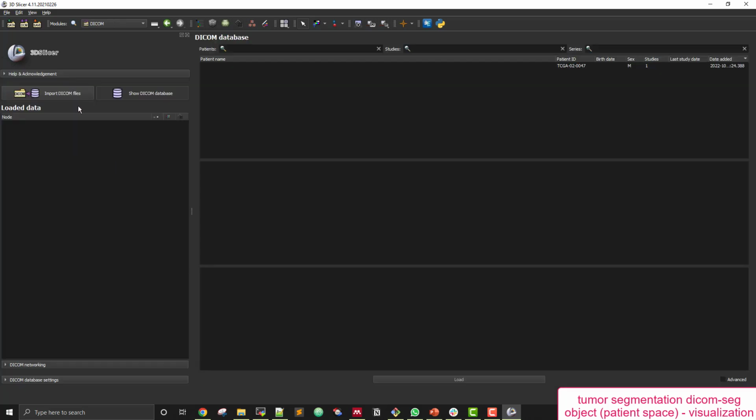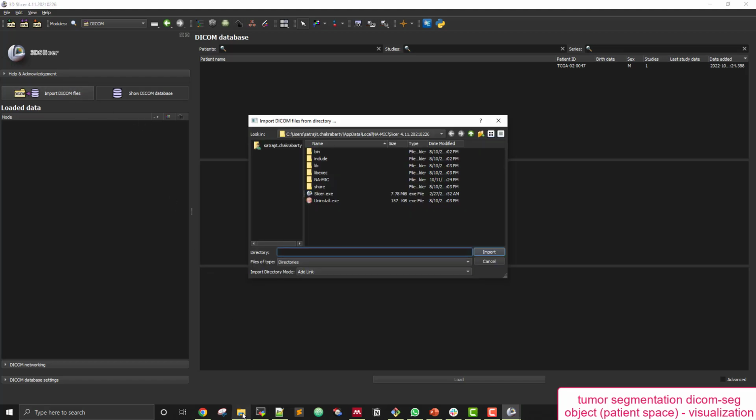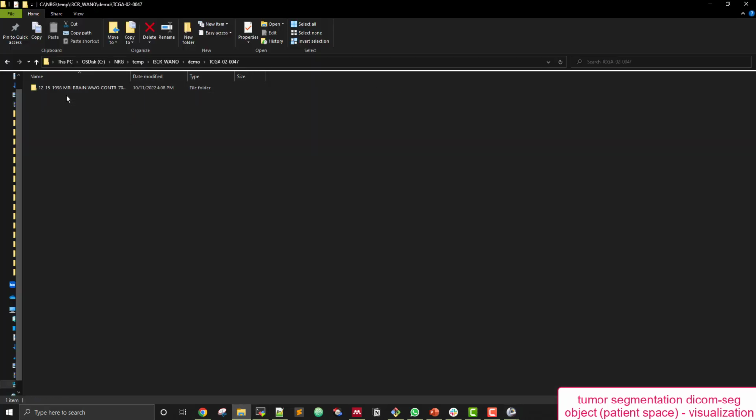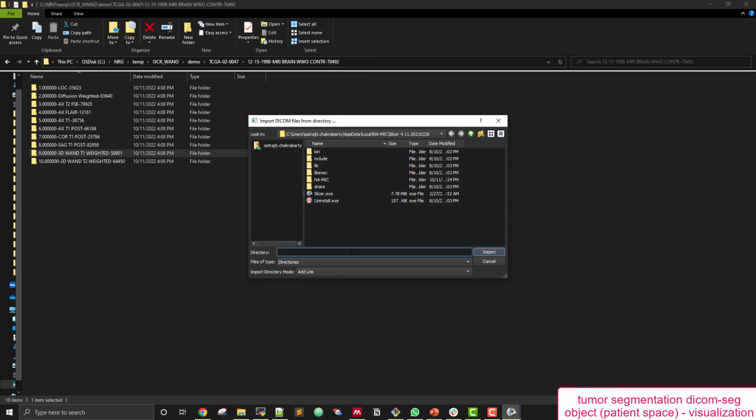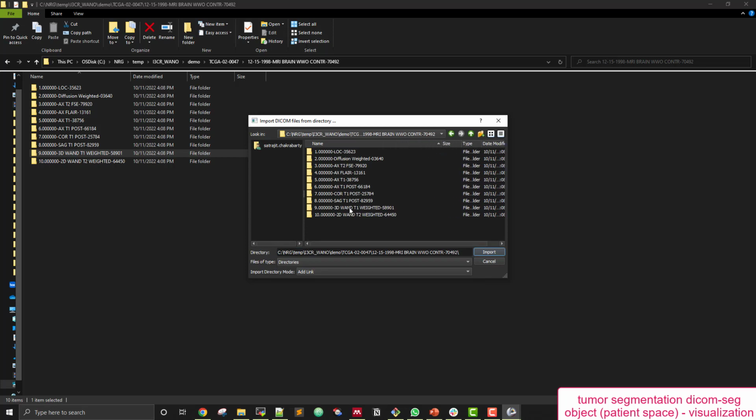So as we know that series 9 is the reference scan for this session, we open up this series 9 from this raw scan directory, and we import it.